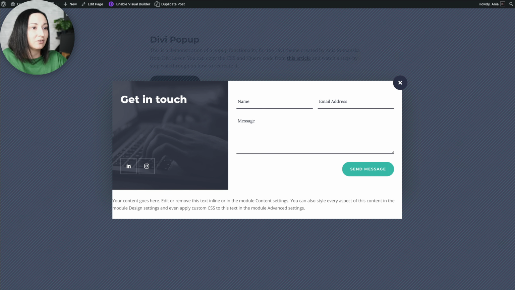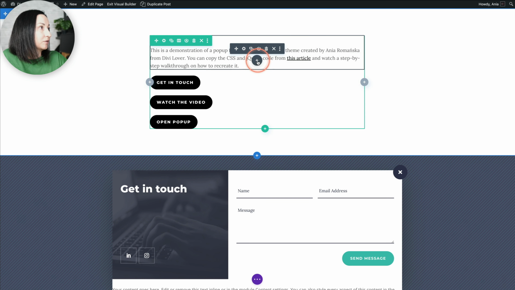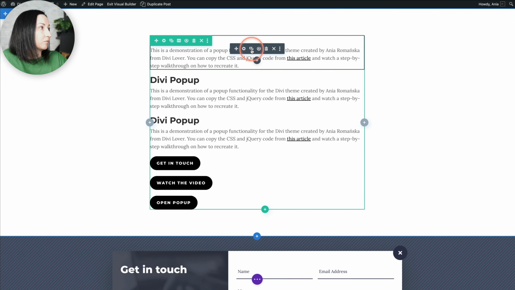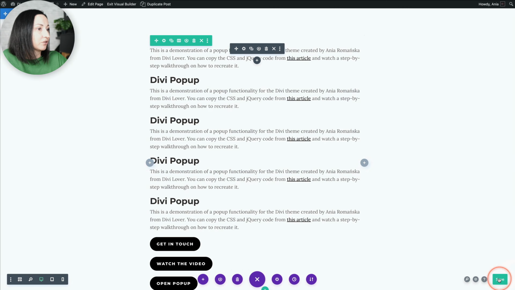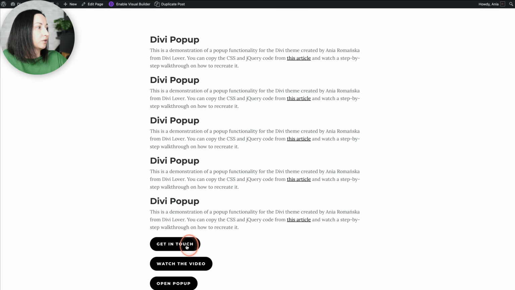So just little things. Now there is another issue we want to address here and that's body scrolling. Let's enable the builder and let me add some more text here, maybe like this, so that we can scroll the page, okay? And then you will see that when I open the pop-up, I can, oh, I didn't, let's refresh. When I open the pop-up,